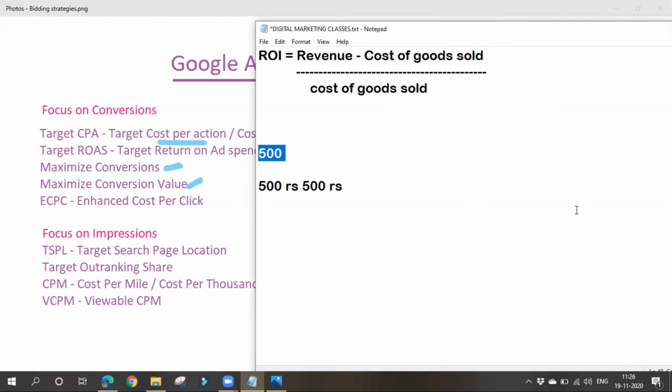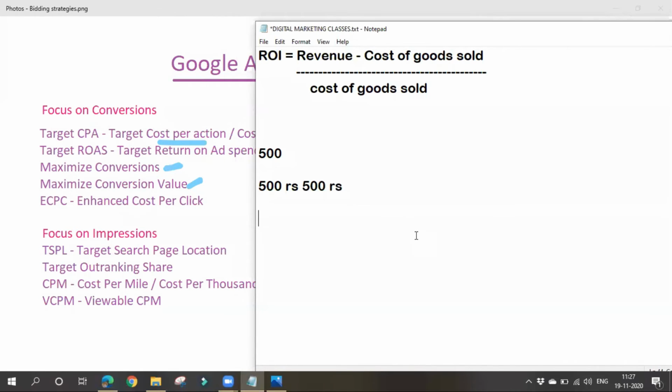Okay, so we have to set up conversion tracking for our account in order to run these two things. In case of conversion value, you can give a value to Google: I want to get maximum on this particular thing, then Google will try to get maximum value for this. That is the difference between maximize conversions and maximize conversion value.